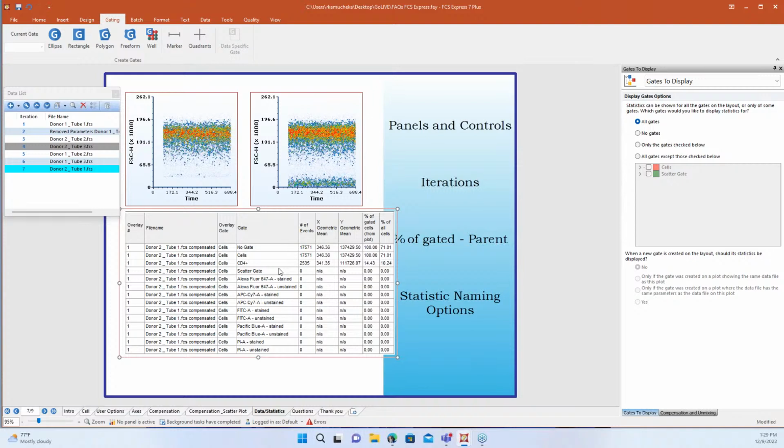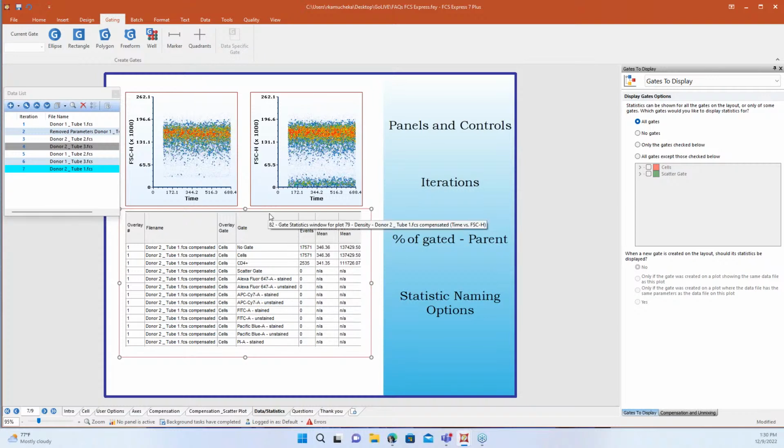And so if you do percent of parent for the CD4 gate, you may be expecting to see the relationship to the cells, right? Because that is the parent gate for the CD4. But what you're actually going to get is the parent to the cells gate. So it would be the relationship from the CD4 gate to the no gate here. And here, what we would see then, we would see that 10.24%. And you'd be like, okay, but it's not matching my plot. Like, what happened? Why is the statistic looking weird? Or why isn't the relationship the way that I expected? Kind of knowing how that works, that the parent is always the parent to the population that's displayed, or the grandparent is the grandparent as relative to the population being displayed on the plot.